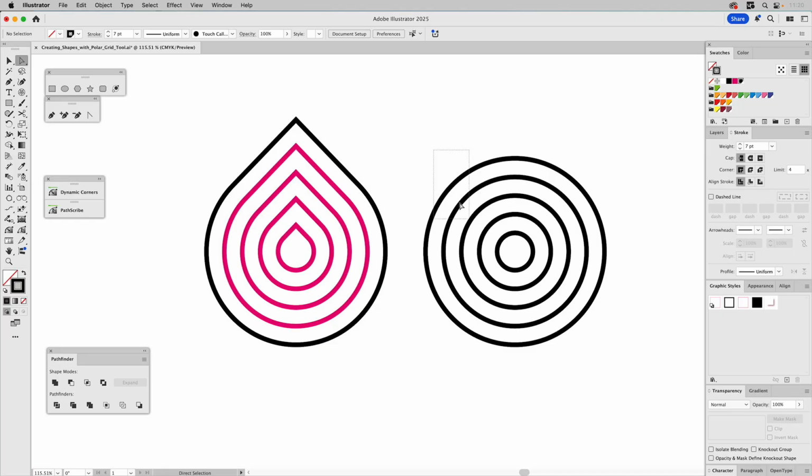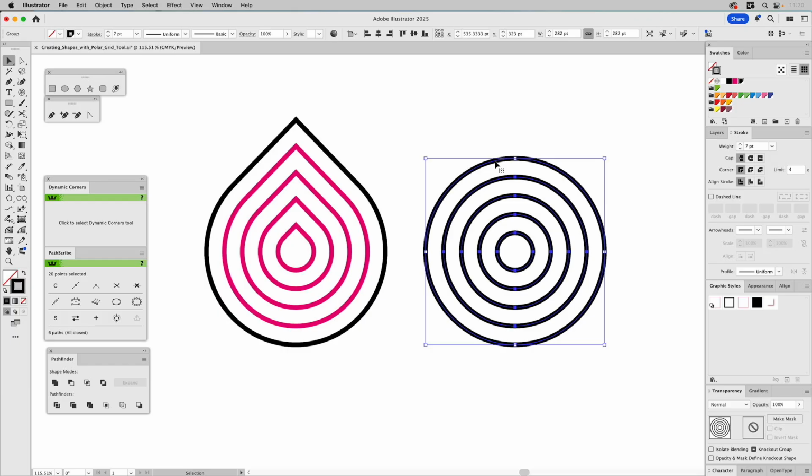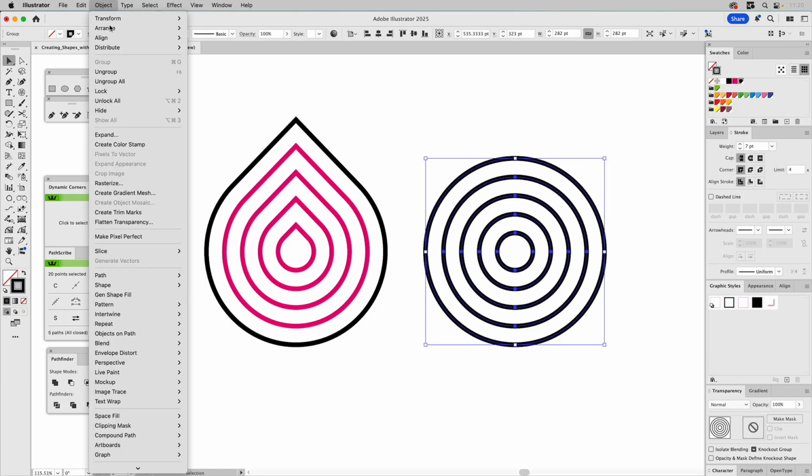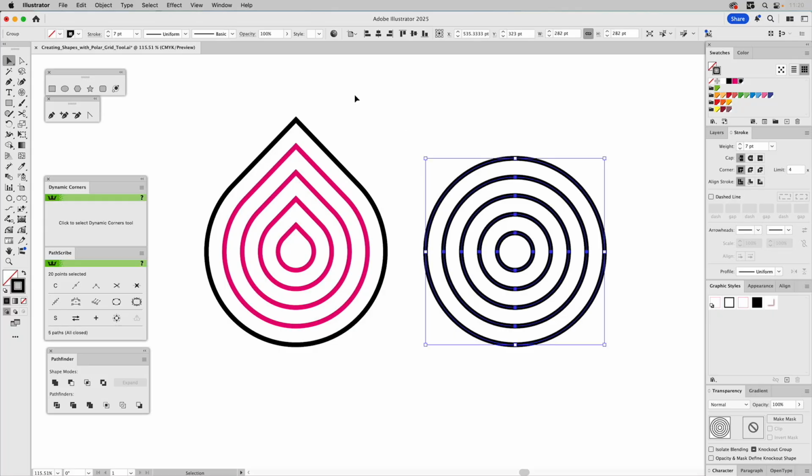So how would I do that over here in a faster way? Well, this just demonstrates why I use plugins. The Dynamic Corners plugin by Astute Graphics, which is this one, it's awesome because it's a smart plugin, meaning, let's go ahead and ungroup this. So we'll go up here and ungroup it. If I select ungroup all, if I select this circle,